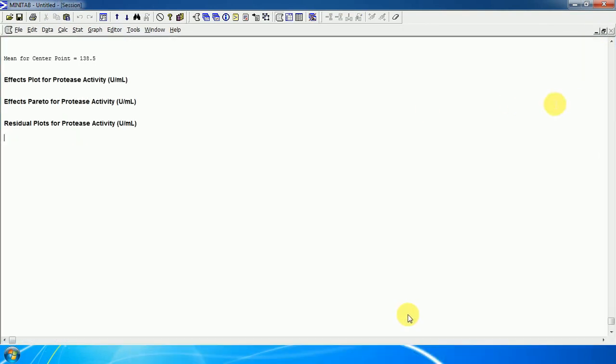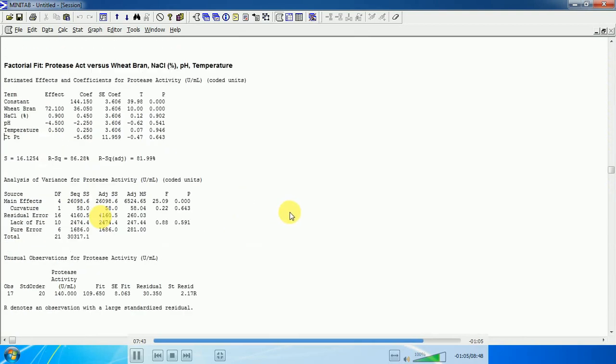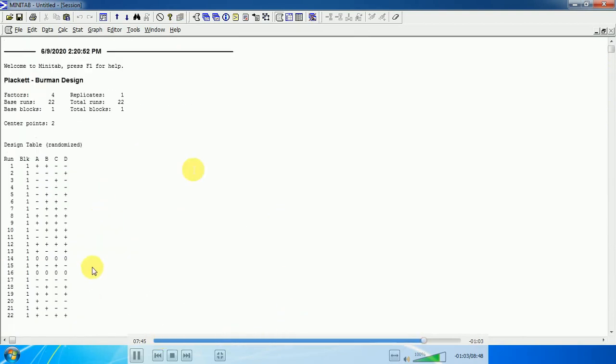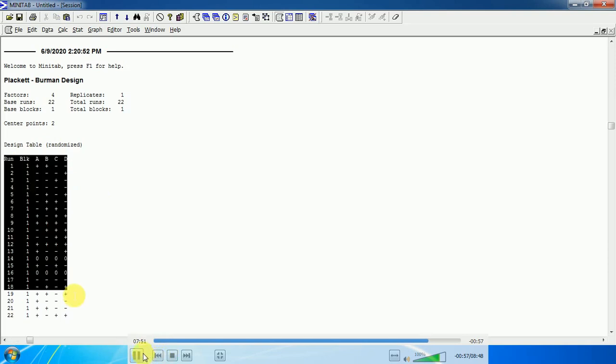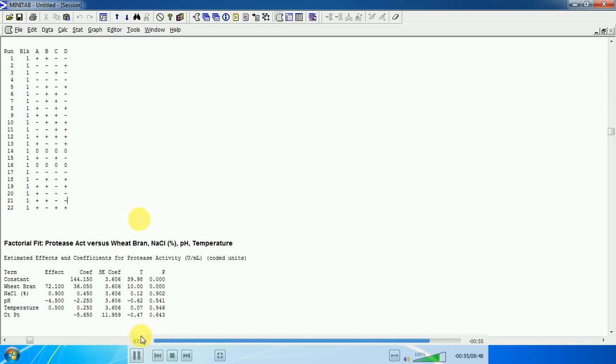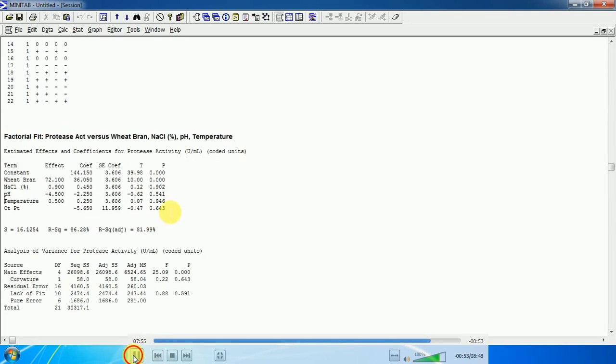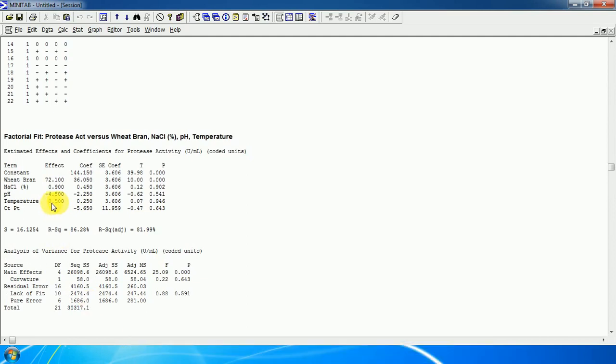In this dialog box we can see that all of our data is defined here. As we can see, 4 factors have been taken, replicates are 1, center points are 2, and total runs are 22. Then this is the design matrix, as we can see. Then this is the significance analysis, factorial fit, meaning the factorial analysis.